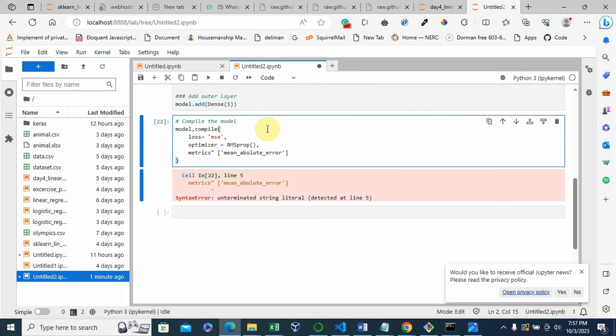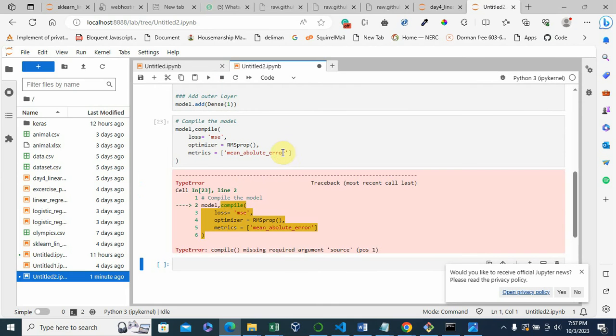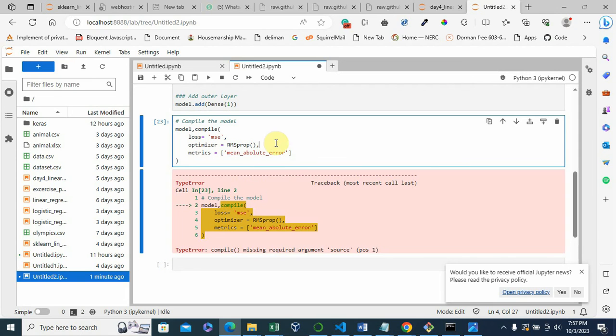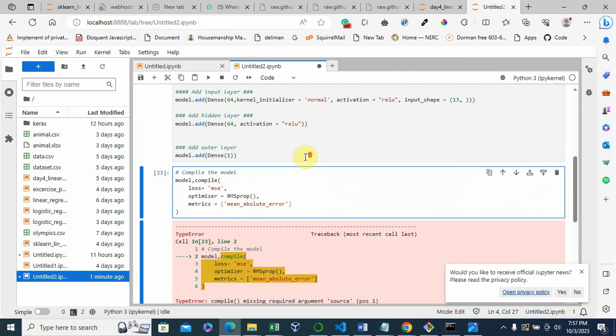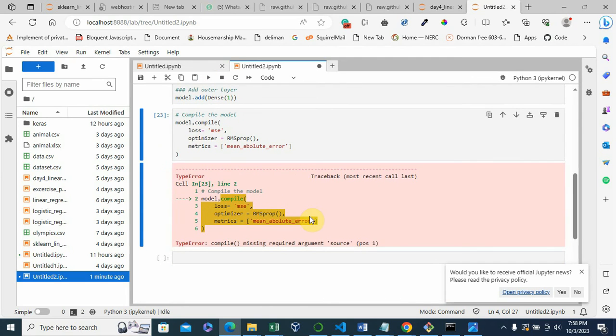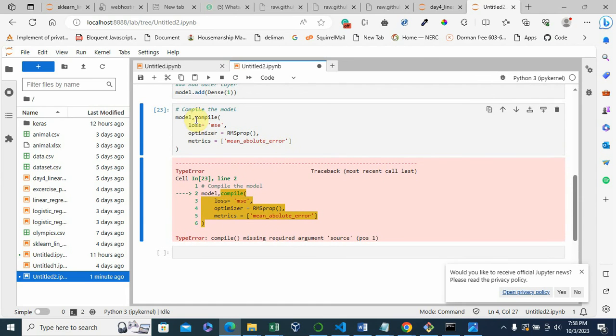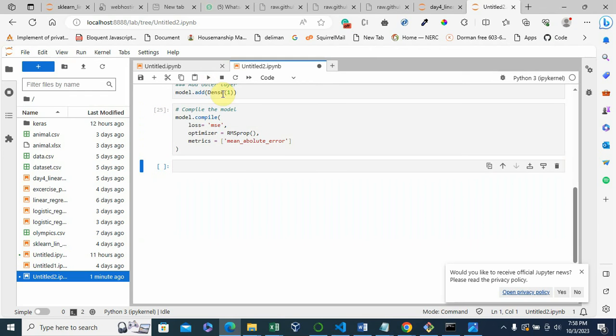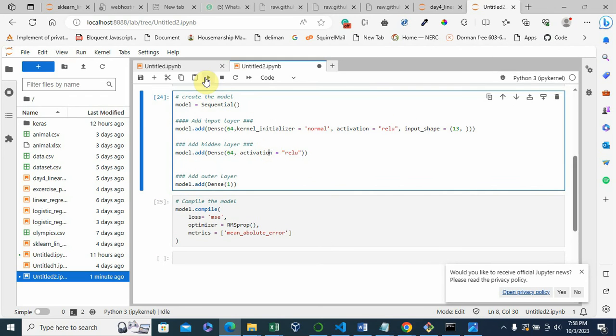Missing required source argument position 1. Model.compiler. So I wrote model.compiler, I think. Can you imagine? Dot compile. Alright, so model.compile.